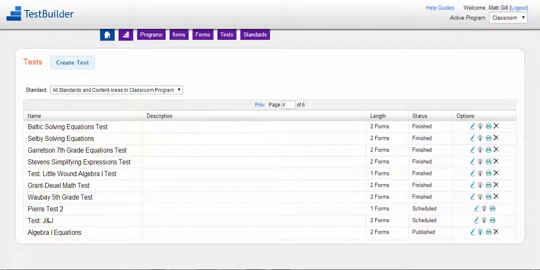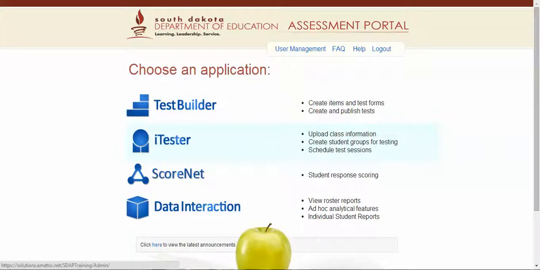So notice in the other video we published the test, so the test is all published. You could click on the publish test and that would take you, that's a shortcut that will take you into the publish a test. The other way to do this is if I go into iTester